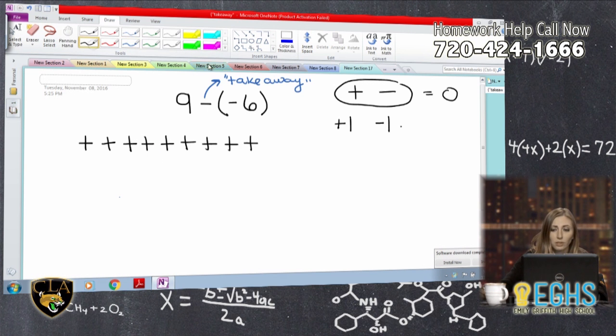So what we can do is use this idea of a zero pair, or zeros, to represent +9 in a